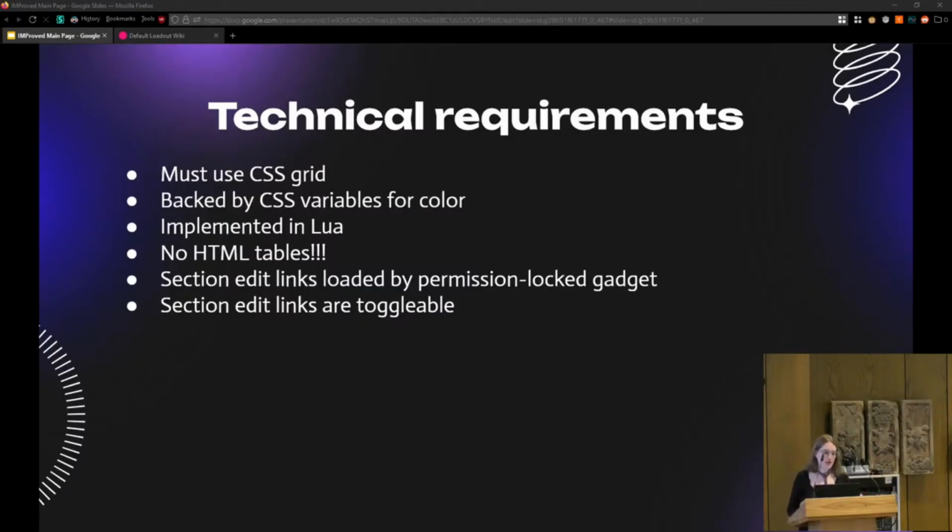So again, a minor thing that was a requirement that we had to make sure was available when we created this. Technically, we do not have a permission-locked gadget anymore. We have a gadget that is just locked to edit so that it doesn't load for anonymous users. But the first thing that it does is check if you are able to edit the page, and if not, it doesn't load. The reason that we aren't using the built-in permission lock functionality of gadgets is that an earlier